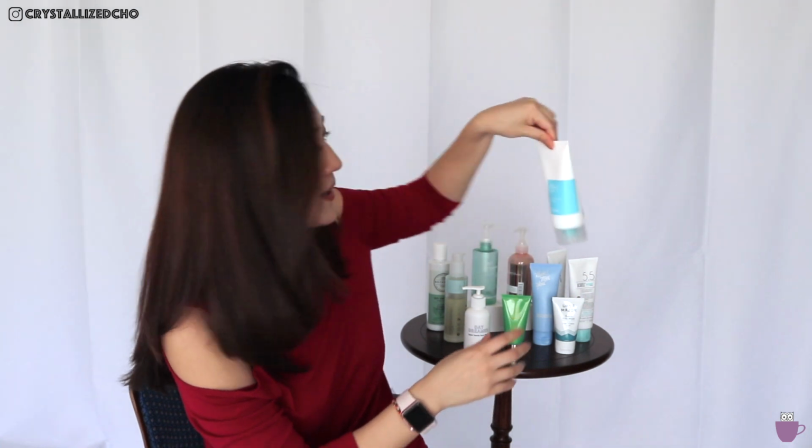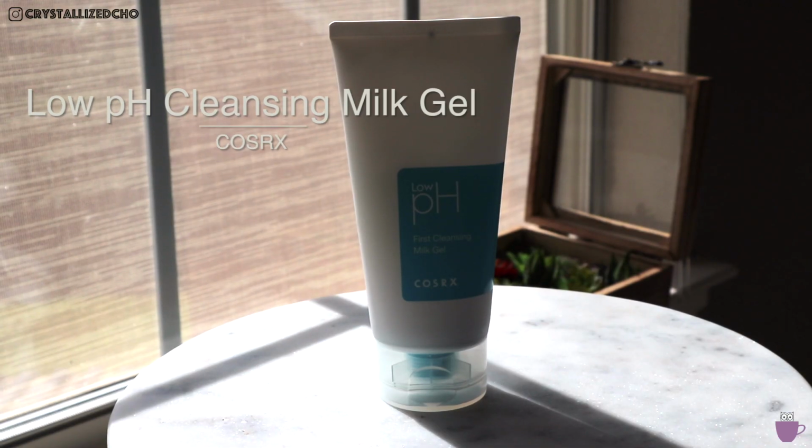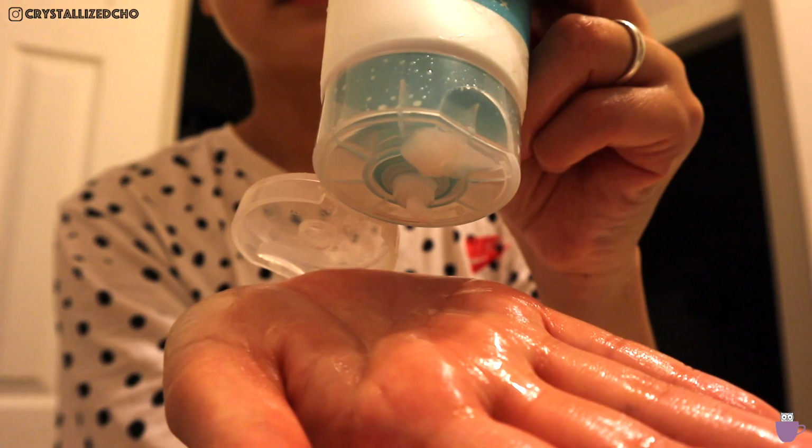Now moving on to my creamy, milky texture cleansers. The first one I want to talk about is this low pH First Cleansing Milk Gel from CosRx. Now this one is fairly new to my collection, so I'm still testing it out, but I love this one a lot more than the Good Morning Gel Cleanser actually, and I really like that cleanser as well. But I went through a couple of tubs for that one, but I think this is my new favorite cleanser